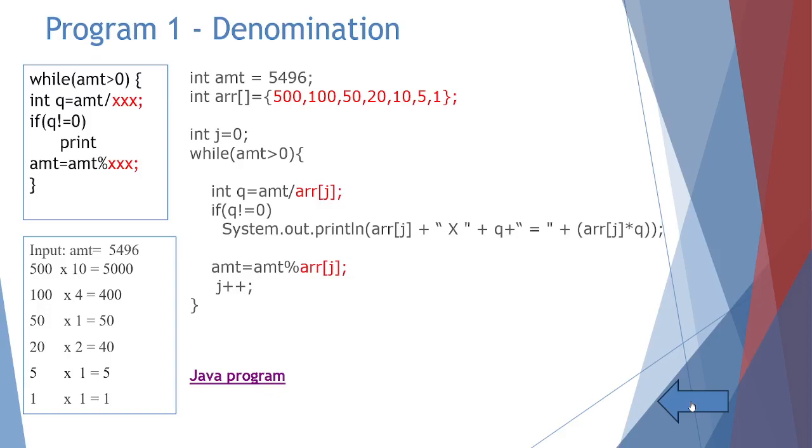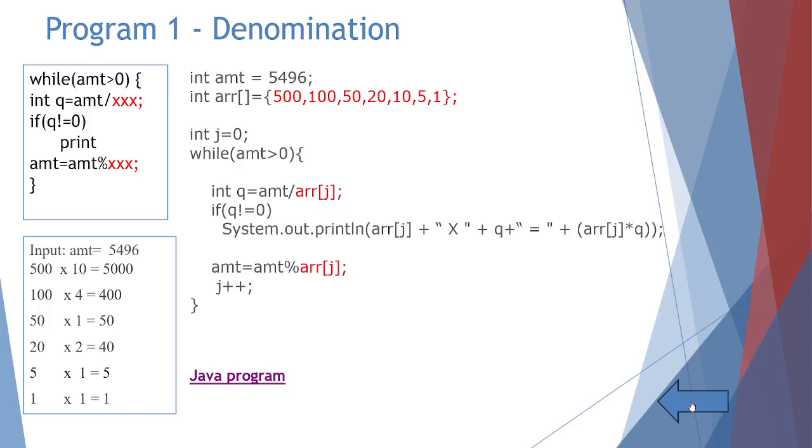Why? Because in the next iteration, the amount should be whatever is left, that is 5,496 minus 5,000, that is 496 is the amount. This 496 should be divided by 100, that is ARR of 1. So j plus plus. And in the if part, we are writing if q not equal to 0,